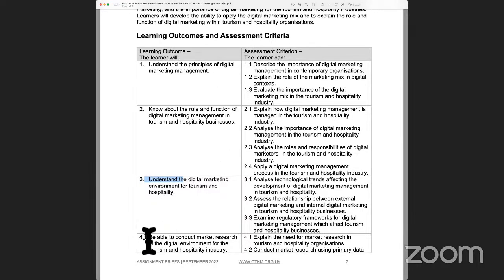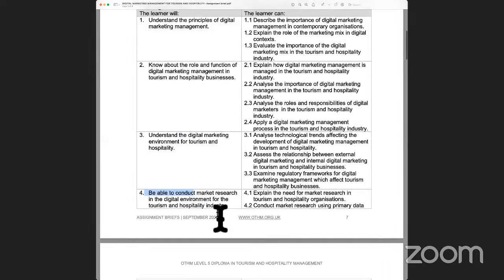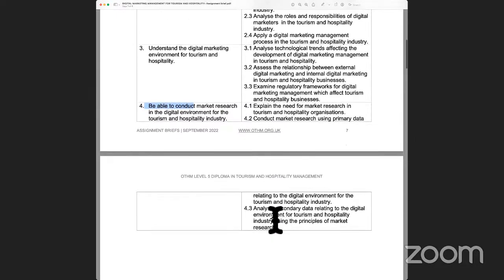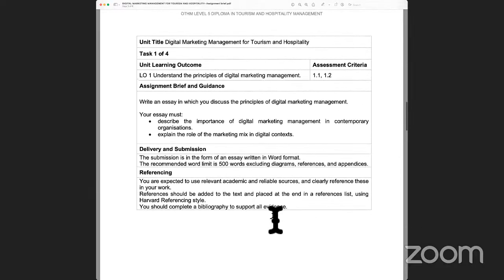But learning outcome 4 is going to ask you to conduct. That means be able to. That means you're going to have to do it practically to complete some of the tasks given in task 4, corresponding to the learning outcome 4 criteria. Now, here, what we are looking at in general is 4 tasks laid out as assignment tasks, and most of them tend to be in the form of an essay format. That means you'll need to be writing or compiling evidence in the form of a Word document.